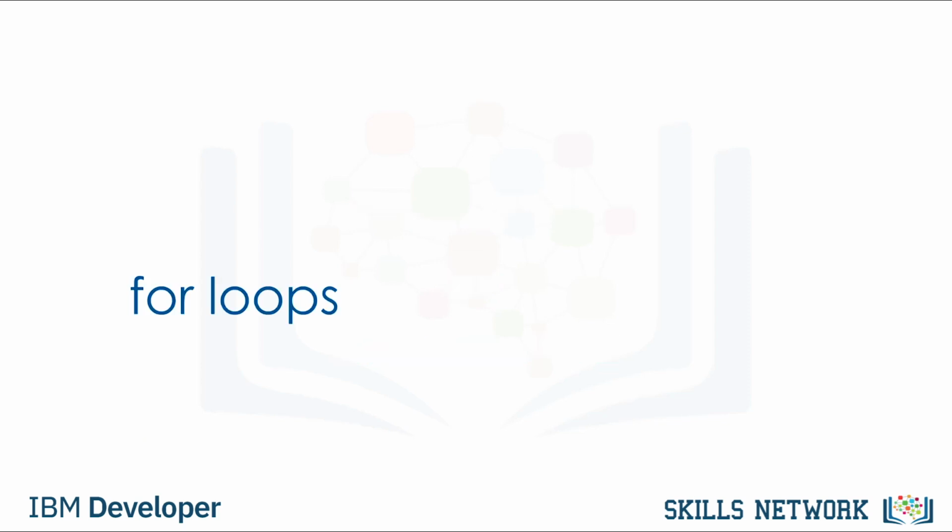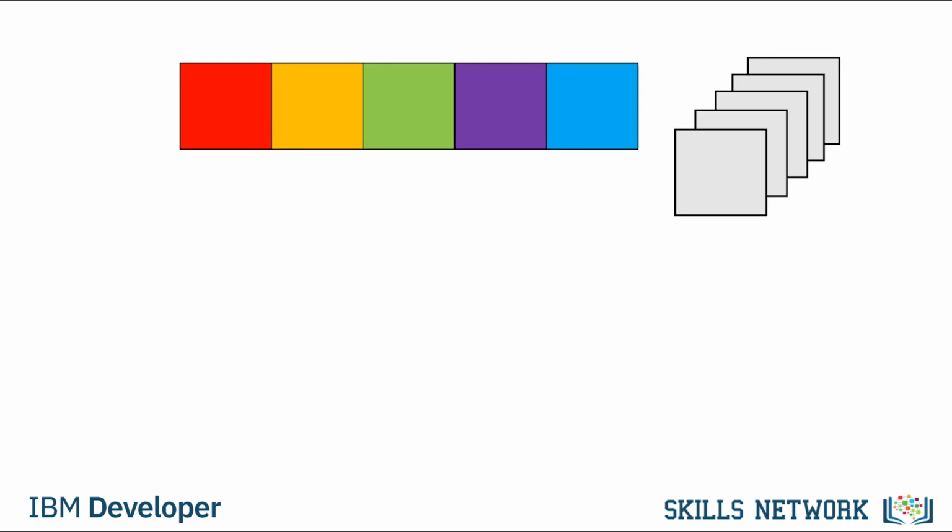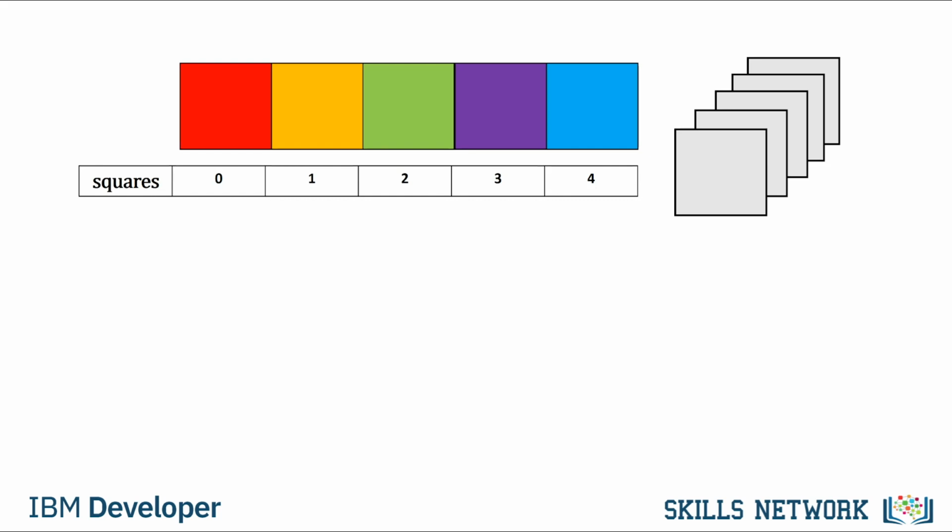In this section, we will cover for loops. We will focus on lists, but many of the procedures can be used on tuples. Loops perform a task over and over. Consider the group of colored squares. Let's say we would like to replace each colored square with a white square. Let's give each square a number to make things a little easier, and refer to the group of squares